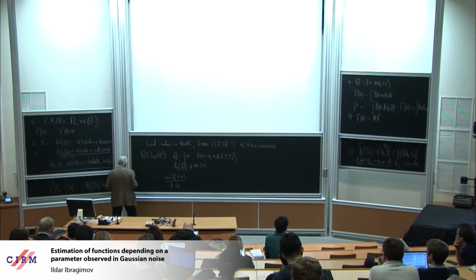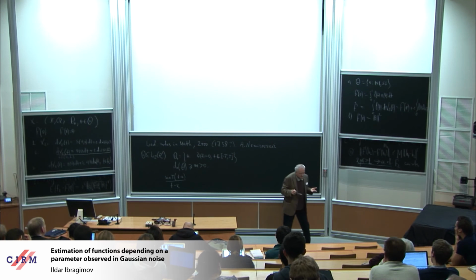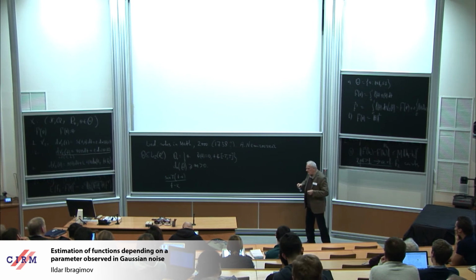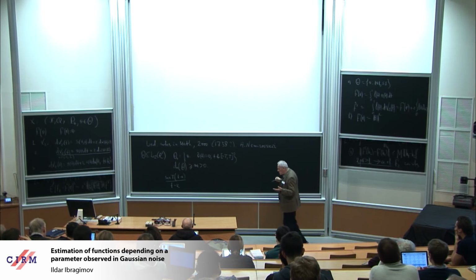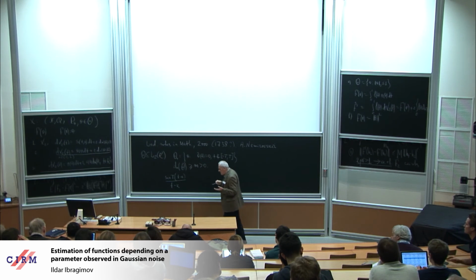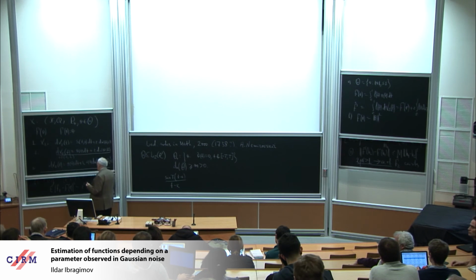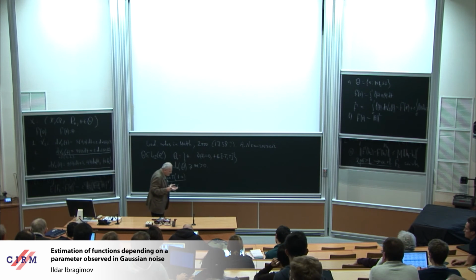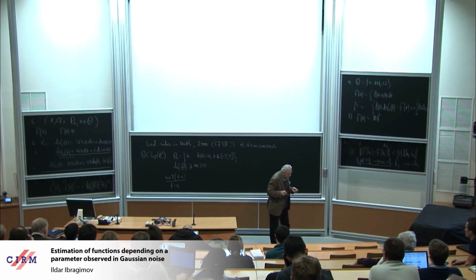In fact, it's a phenomenon well known in approximation theory. You know that a continuous function on a closed interval can be approximated by polynomials. That's the classical Weierstrass theorem, but you cannot approximate a function on the whole real line by polynomials. You need a different approximation theory for functions defined on the whole real line. I think the beginning of this theory goes back to Bernstein, who also worked in probability theory. You know, of course, his works.